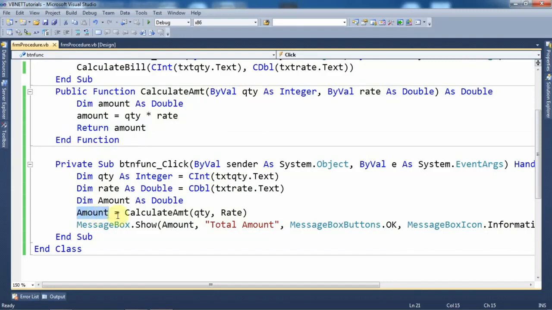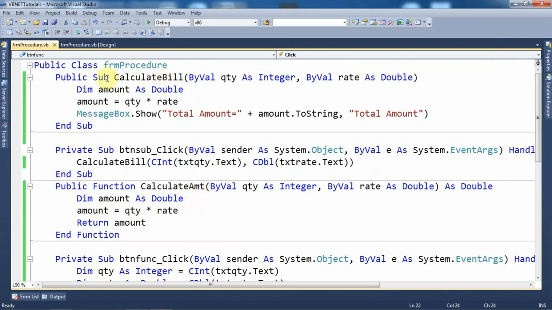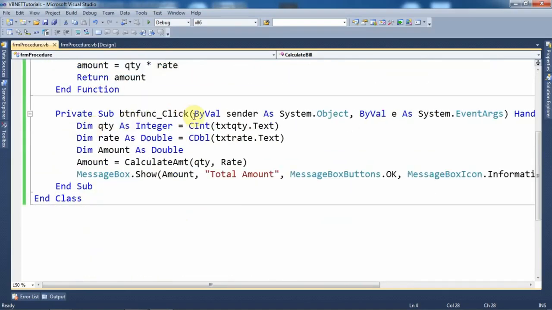Again, the value of that amount variable is displayed with the help of a message box within the click event of the button. Over here the value is displayed within the subroutine itself, but in the case of the function the result is displayed on the click event of the button.